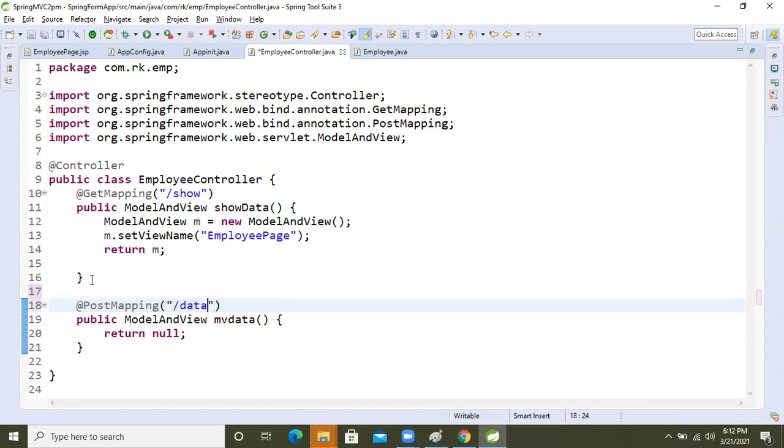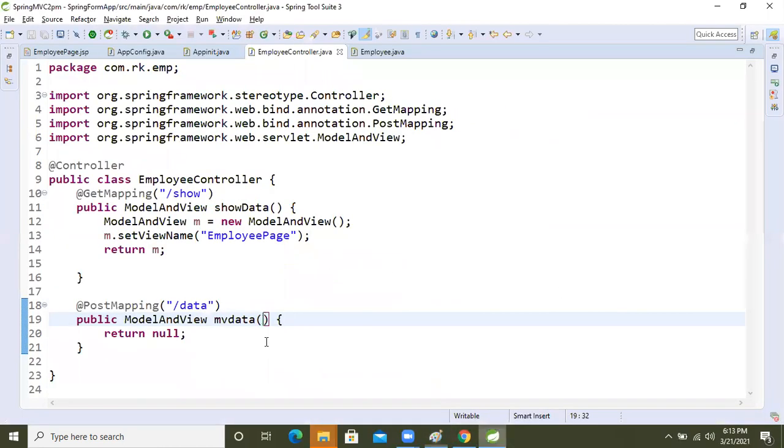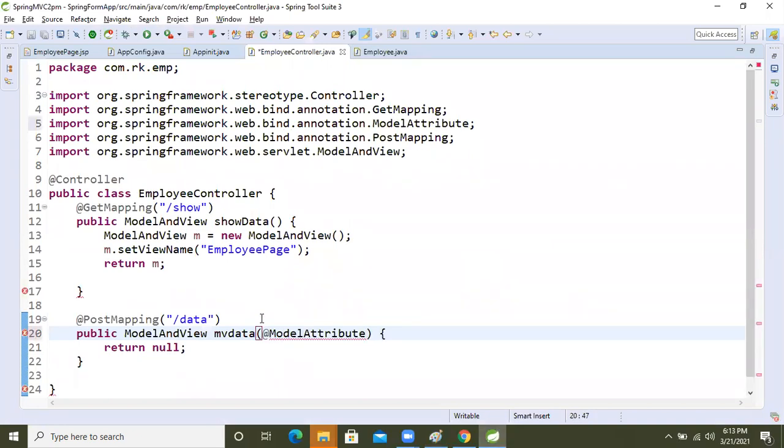We are taking the URI as data, but we need to read the form data. Come to our diagram. If we want to read the form data, which annotation will we use in the ModelAndView argument? ModelAttribute. Let's write it in this method argument, @ModelAttribute.